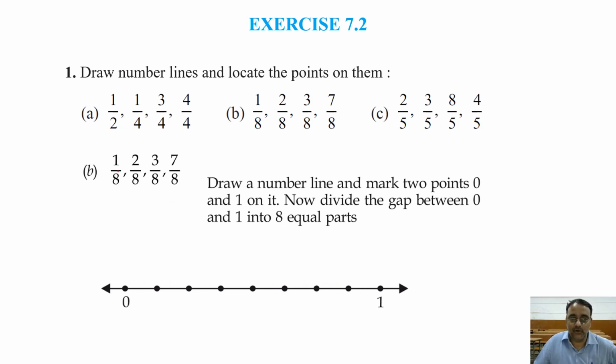Right? अब हम लोग को 1 by 8, 2 by 8, 3 by 8, 7 by 8 we have to represent. So after 0 we have to count. This is 1 by 8 and this is 2 by 8. After 2, 3 by 8, this is 4, this is 5, this is 6 and this one is 7 by 8. After that 8 by 8 will be there, right?